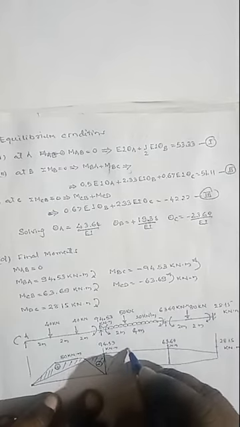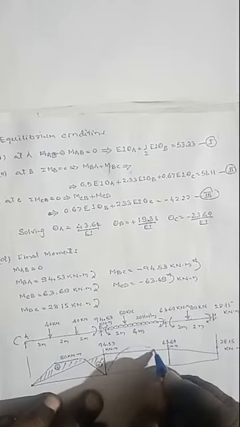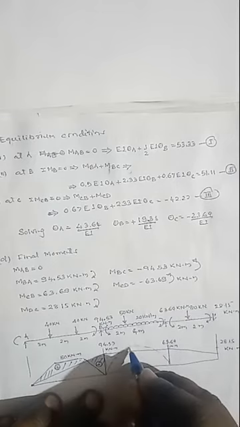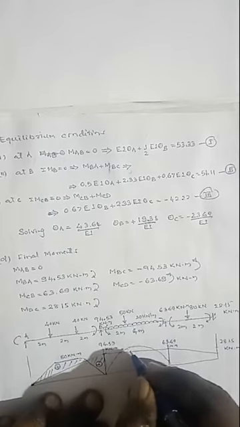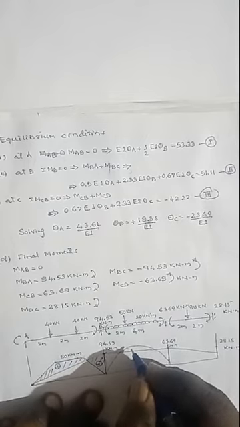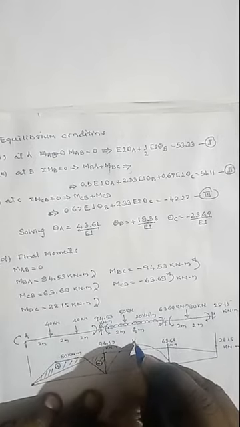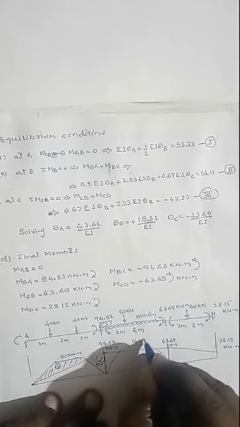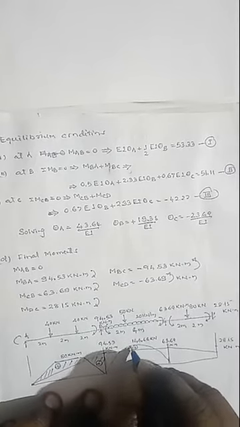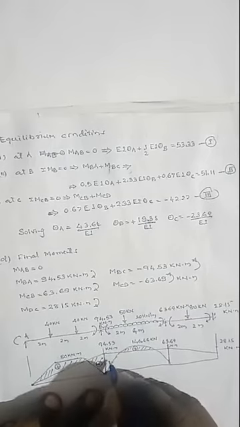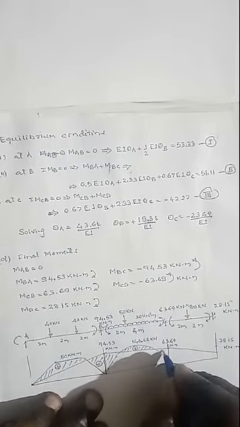Here this one is below the point load. It may be maximum. Please calculate the position of the maximum bending moment. Here the bending moment is maximum, 146.66 kilonewton meter. This one is the sagging bending moment at the center due to the loading. Again, this portion is negative.